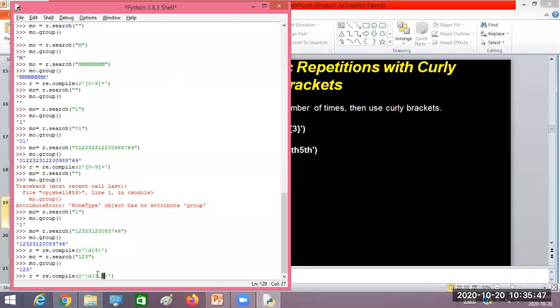When you use 2 numbers in the curly brackets, the first integer is the minimum number of occurrences and the second is the maximum. That means the slash d can occur between 3 to 5 times. 3-digit data will be accepted, 4-digit data will be accepted, even 5-digit data will also be accepted here. Are you getting it?